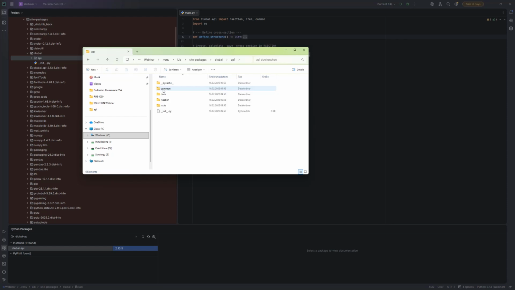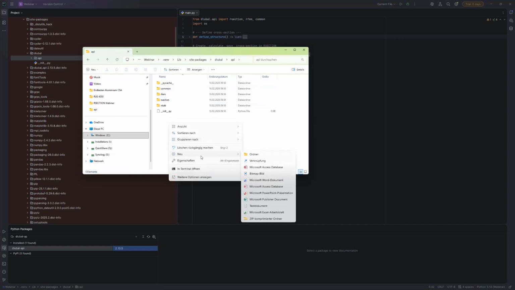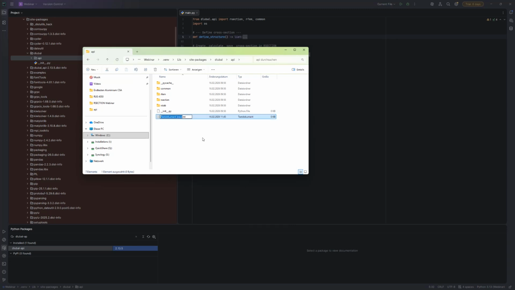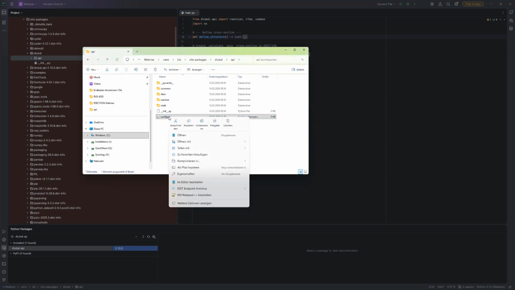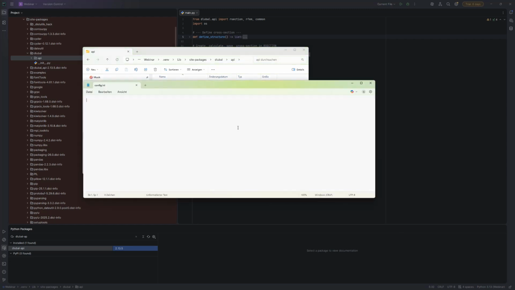And in the folder API, I create a new text file and I name it config. And here I change the extension to ini. And then I open this text file with the editor, and then I define the section API